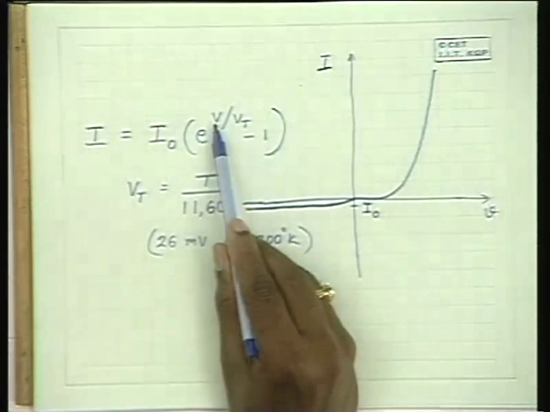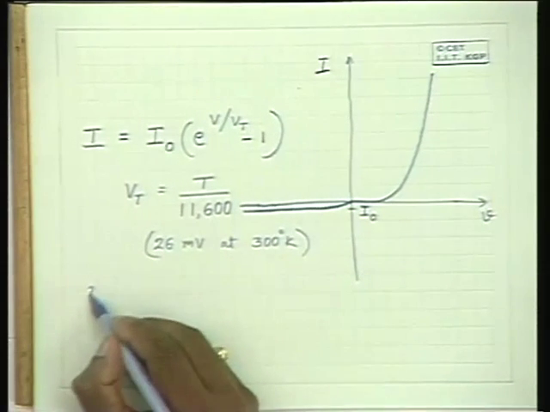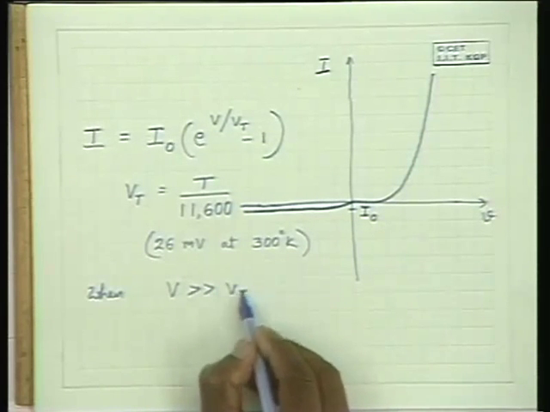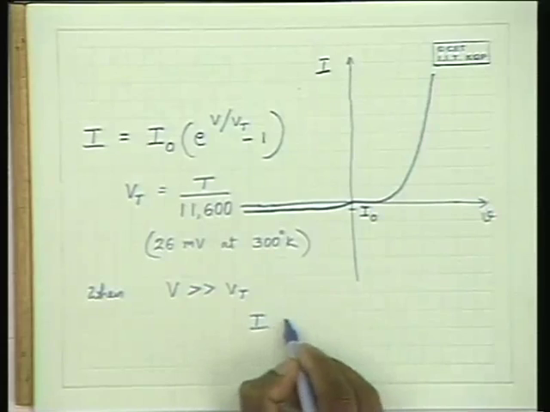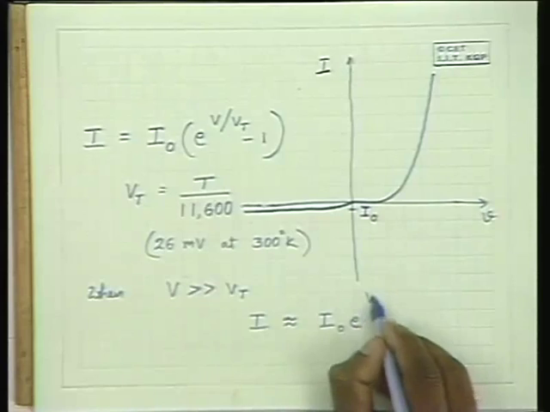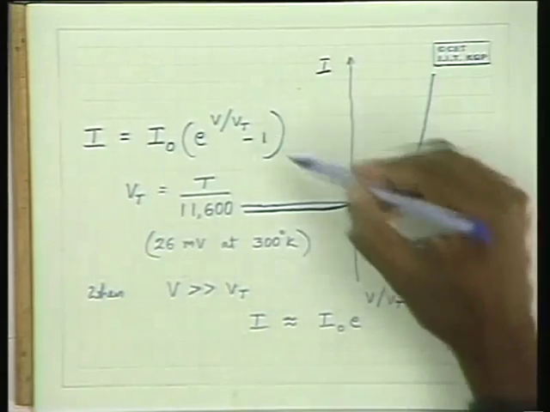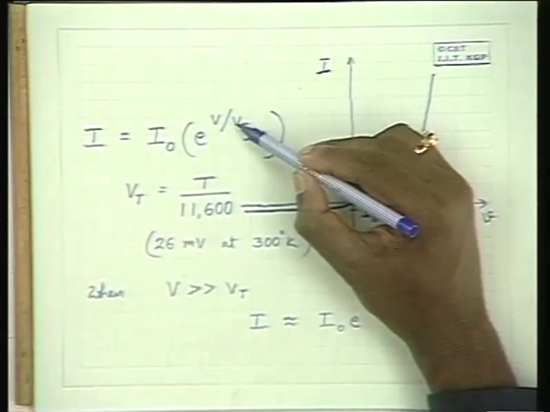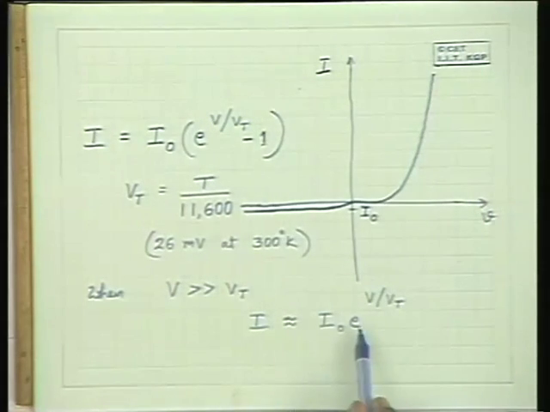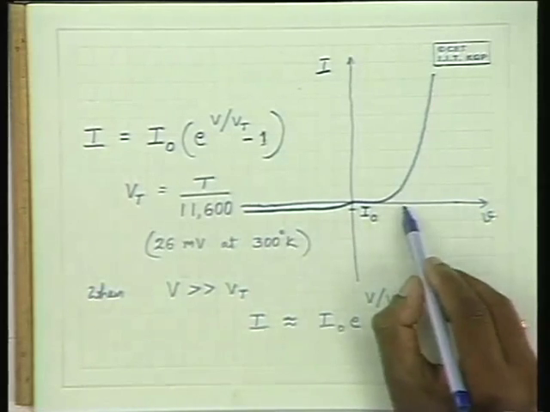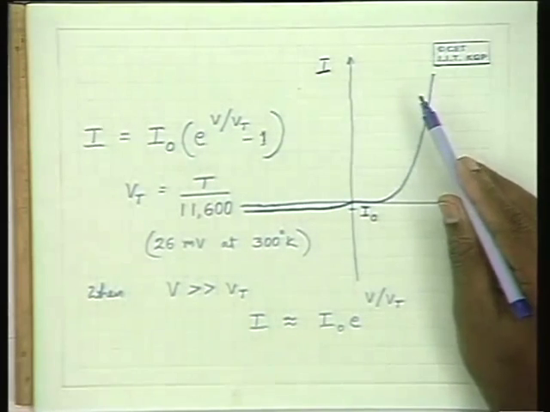And please note that when V is much larger than Vt, this expression is simply I is approximately equal to I naught into e to the power of V by Vt. So this 1 is negligible compared to this term when V is much larger than Vt. Therefore it can be expressed in this form, I naught e to the power of V by Vt, which is an exponential function. Therefore with voltage the current rises exponentially,